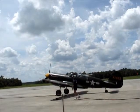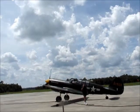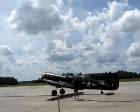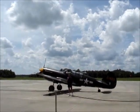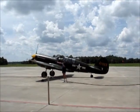The airplane I'm going to fly today was our American and the Allied frontline fighter in World War II when it just got started. It was built by Curtiss. It's called a P-40. This particular one is a Warhawk, and it was made famous by the Flying Tigers. You remember the guys that painted the big shark teeth up on the mouth up there on the front of